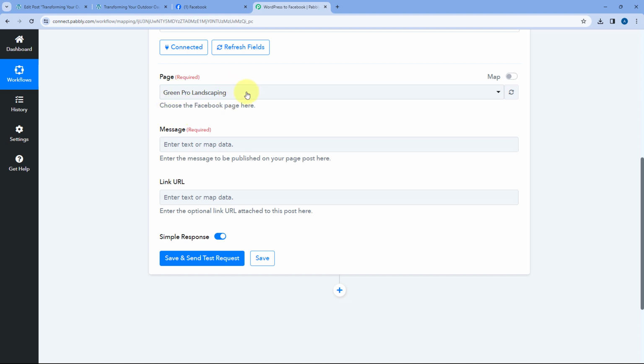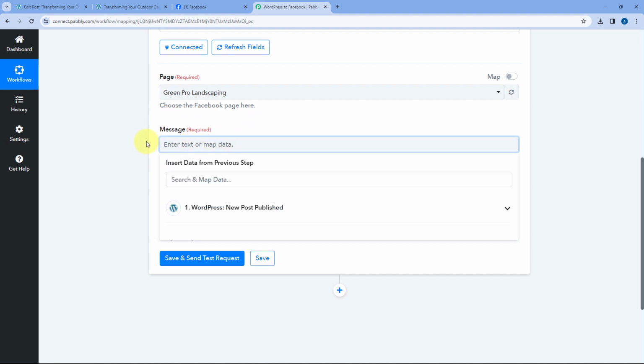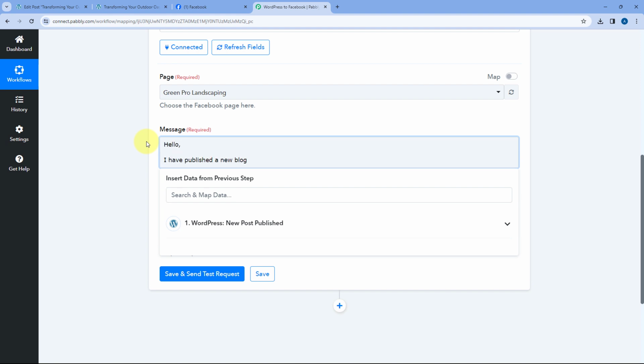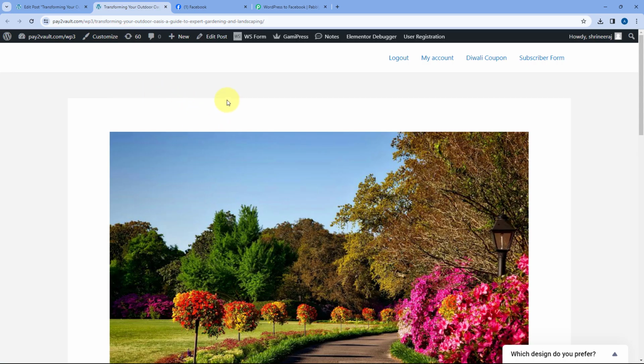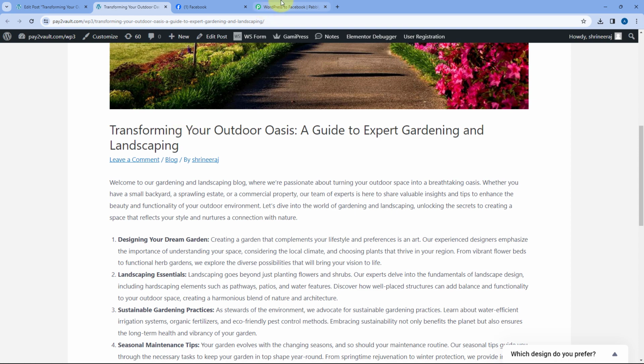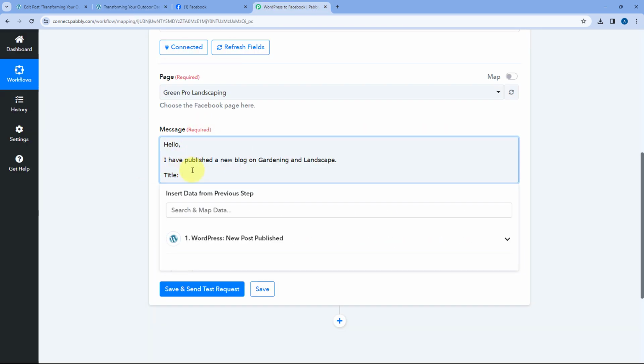After selecting the page, it is asking us for the message, that is, what is the caption of the post which we want to share on Facebook. So I want my message to be, "Hello, I have published a new blog on gardening and landscape." Then I want to enter the title, and whatever title of the post we have entered in WordPress, we want to enter this exact same title in the Facebook message,